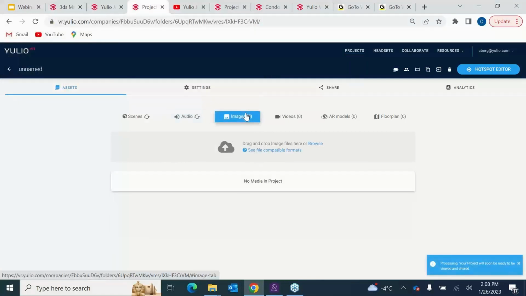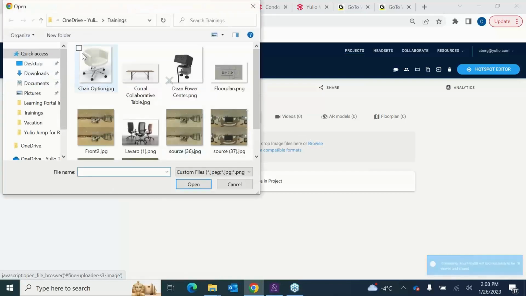Next, we have your image. So this allows you to upload any JPEG or PNG image into your project as an image hotspot. This can be anything, but a few samples are a product shot, a different configuration of the product or space, or even your 2D renders from Yulio Jump. This allows the viewer to see different options of the design, see more detailed products, and understand the design better. So again, I'm just going to browse my computer for my images